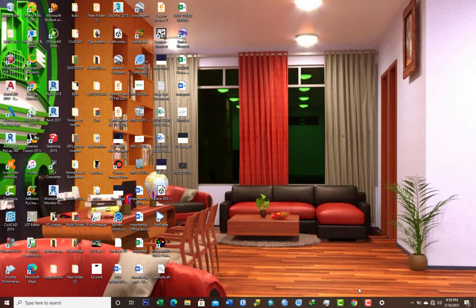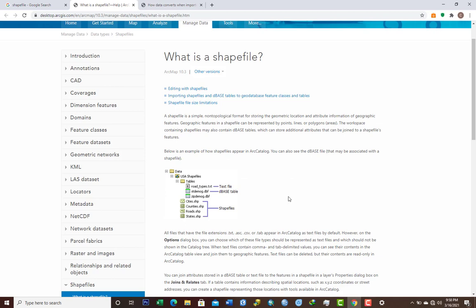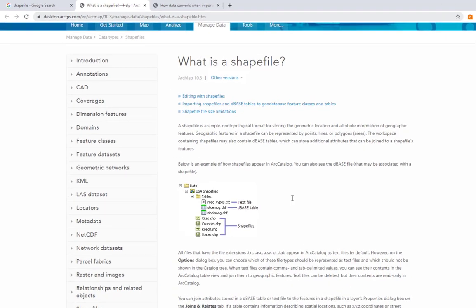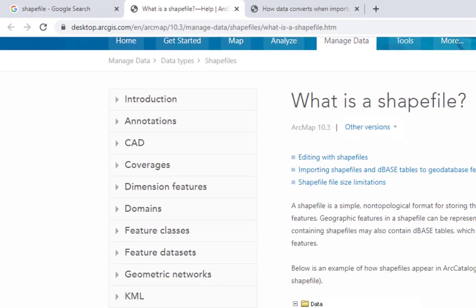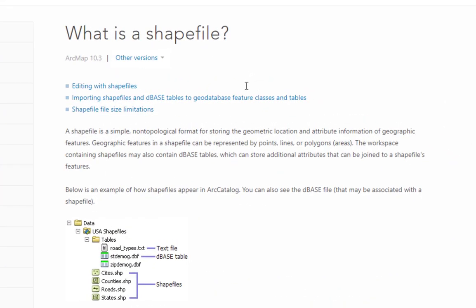Let's get started. I've already launched my browser, which is Chrome. I've already browsed, to save time, for the meaning of a shapefile. You can see here on the URL, desktop.arcgis.com. That's the source of what I'm going to read now. So what is a shapefile? From this write-up, you can see that a shapefile is a simple, non-topological format for storing the geometric location and attribute information of